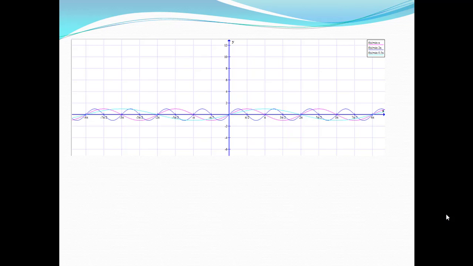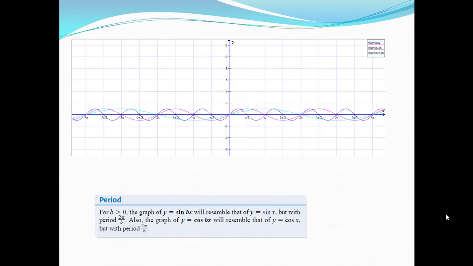If you look at this graph, you will find the function is stretched. When I speak about stretching, I speak about the period of this function. The period changes when I look at the number beside x. The number beside x is the angle's coefficient. So the period here will be 2 pi over b. By b, I mean the number, 2 or 0.5 or 3 or anything else. So the period of any function, whether it's sine or cosine, will be 2 pi over b.